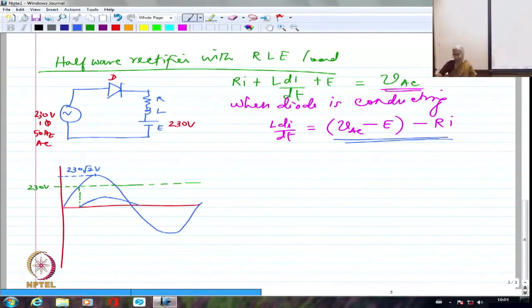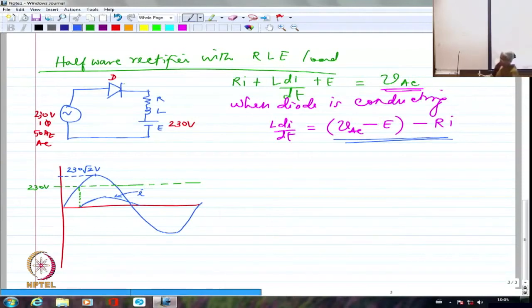Right? So you are going to see that whenever you have an inductance in your circuit, you are going to have the current going beyond whatever it would have normally gone. Right? So much so far for the half-wave rectifier. Now that we have seen half-wave rectifiers with diode, R load, RL load and RLE load,